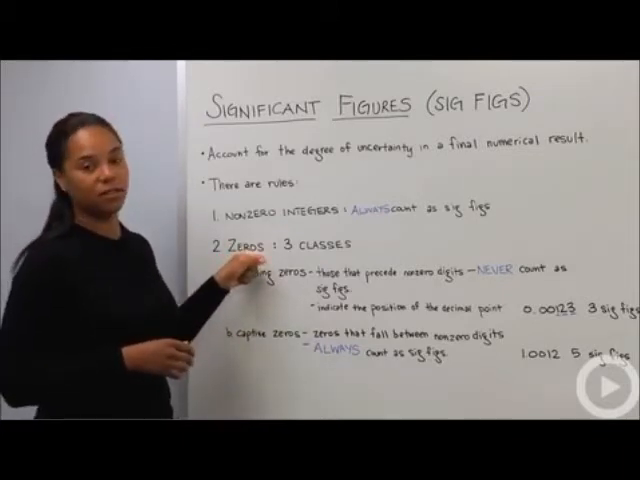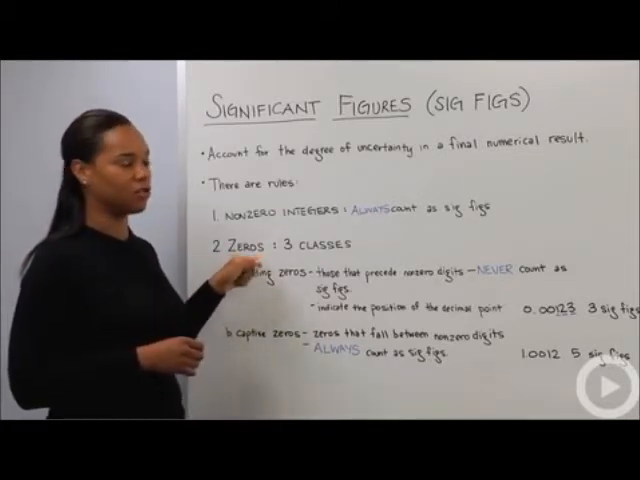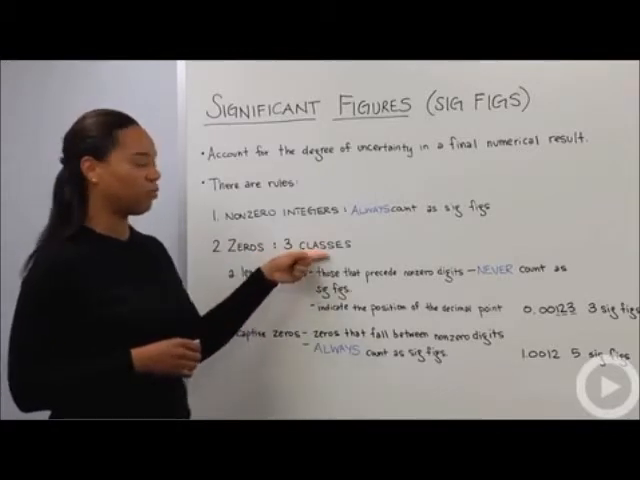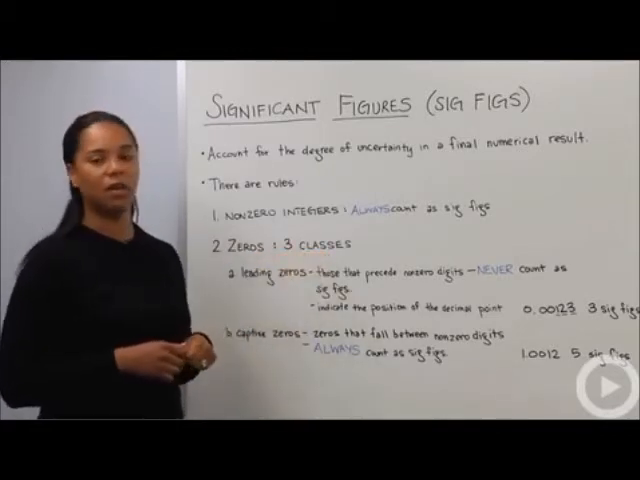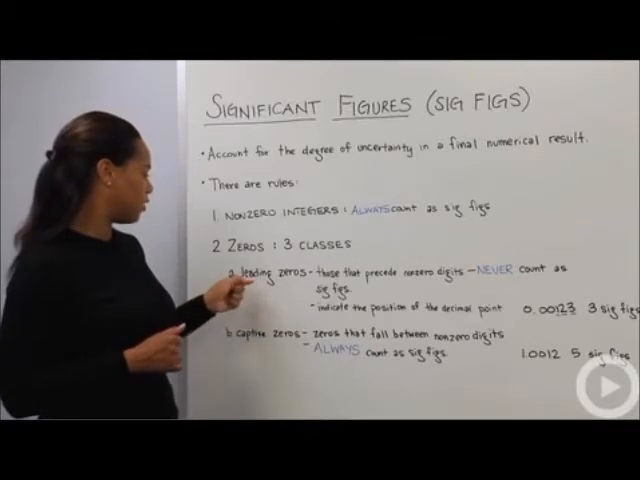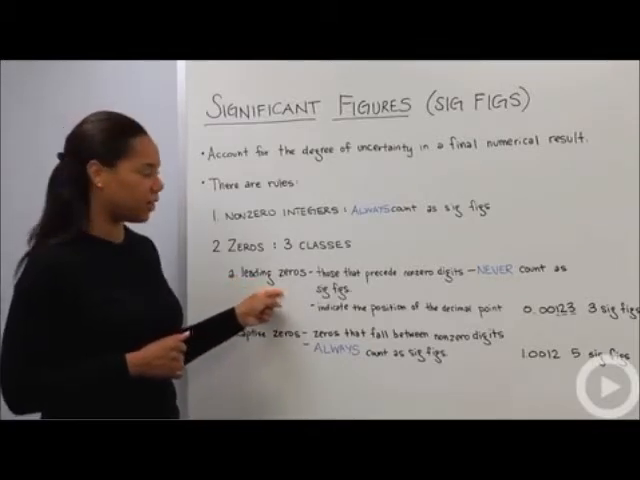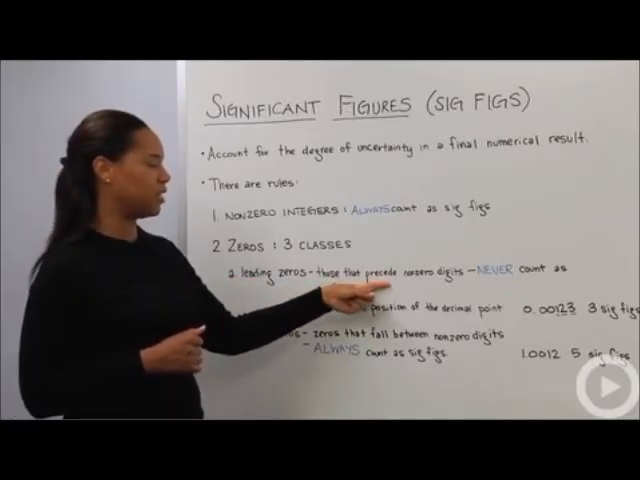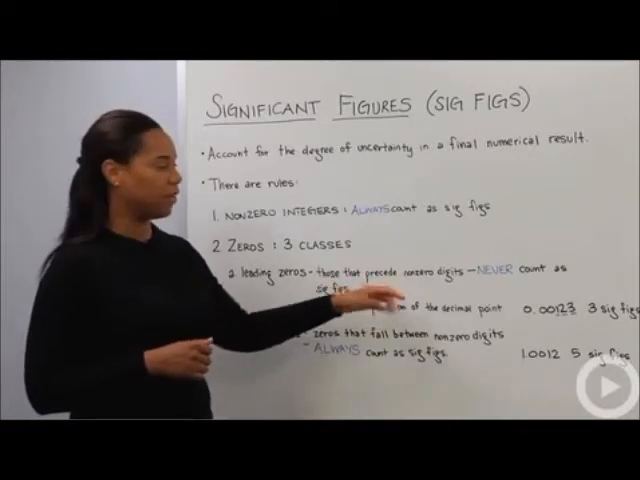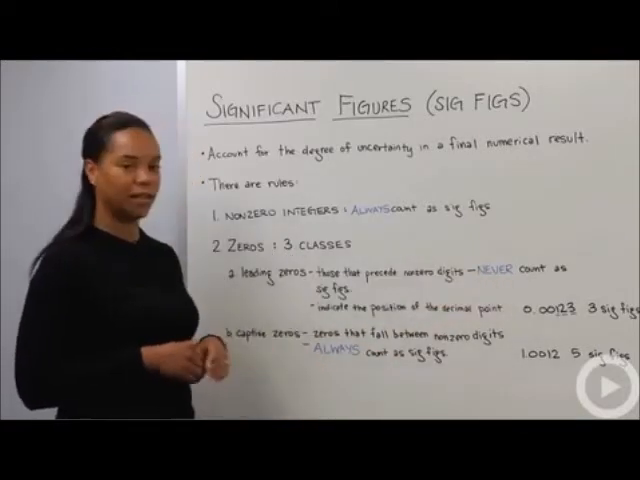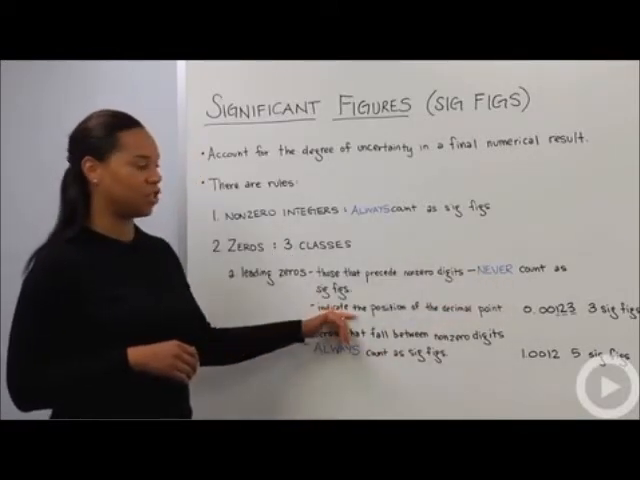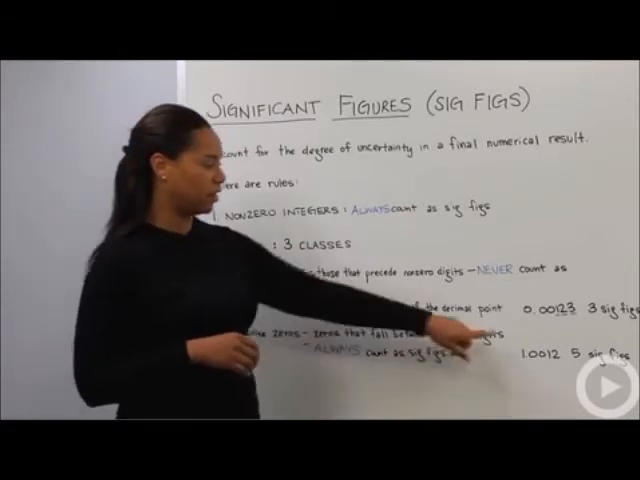Secondly, zeros. Zeros are going to be the largest source of complication. There are three classes of zeros when it comes to counting Sig Figs. The first applies to leading zeros. Those are the zeros that precede non-zero digits, and they never count as Sig Figs. They just indicate the position of the decimal point. So for instance,